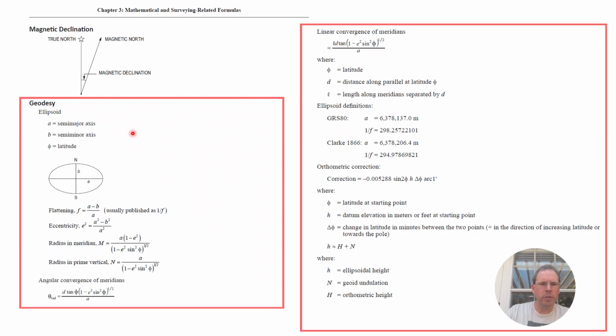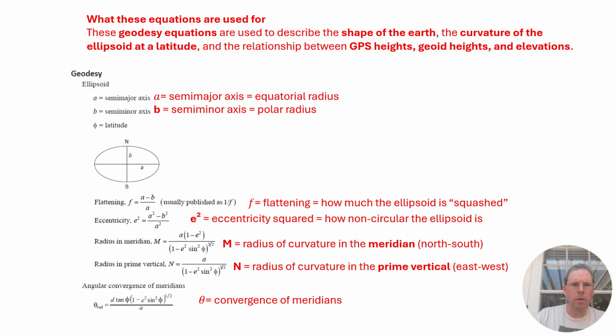Now these are the geodesy equations. And what these equations are used for is to describe the shape of the Earth, the curvature of the ellipsoid, the latitude, and the relationship between GPS height, the geoid heights, and elevations. Just going through these, A is the semi-major axis, the equator radius. B is the semi-minor axis, the polar radius. You have these other equations: flattening, eccentricity,